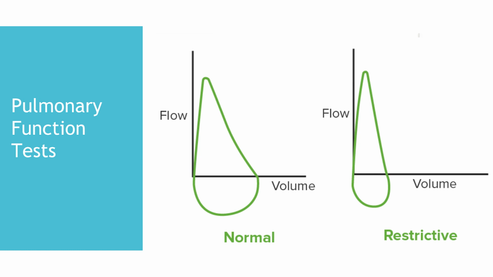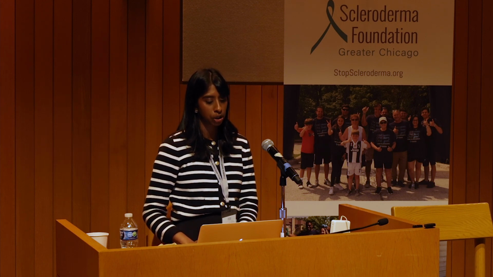This is volume on the x-axis, so as we go to the right, the volume is increasing, and flow, or how fast air is moving. And so normally, when you look at this bottom scoop, this is as you're taking a breath in, you're breathing in, you start with all this volume. And then here you breathe out really quickly at first, so your flow gets really high as you start to breathe out, and then that flow starts to drop